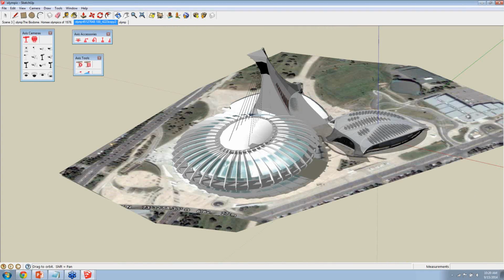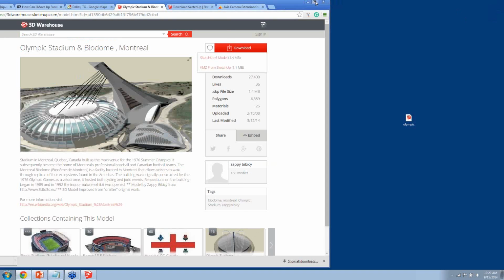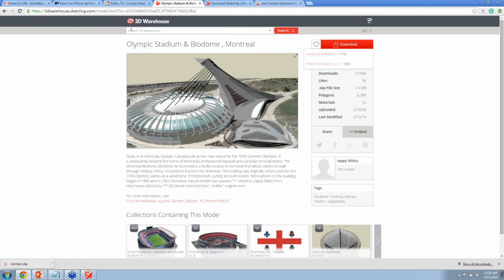So there is no guarantee that every building is going to have a SketchUp model, but certainly this 3D Warehouse website has tens of thousands of models. I encourage you in your region just to do some keyword searches and see what's there. And this is skipping ahead, but even if you don't have a model available, a lot of times you can pay somebody, or they'll offer to draw a model for you